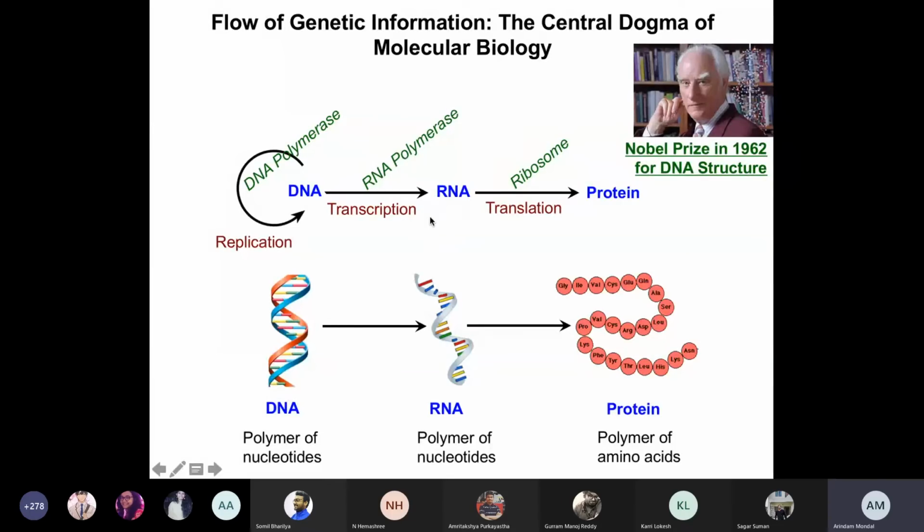It's like getting your transcripts, the results, the grades, in one particular form, which is known as a transcript, right? Similarly, here also the information is getting transferred using the same script. So that's why transcription. But when you think about the protein, they are composed of 20 different amino acids. So the monomeric units of the proteins are basically amino acids, and there are 20 different naturally occurring amino acids which constitute the protein.